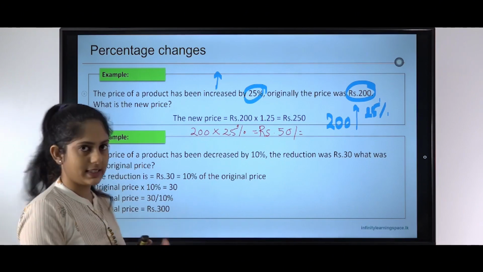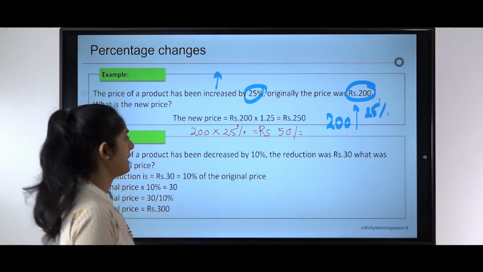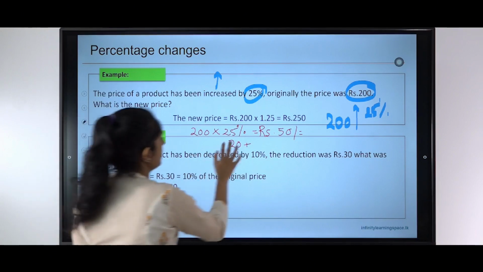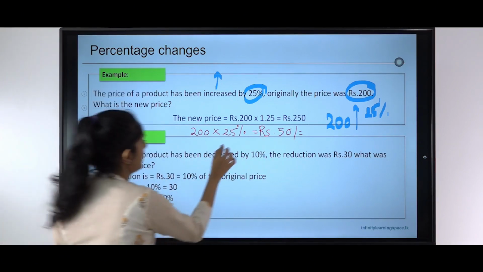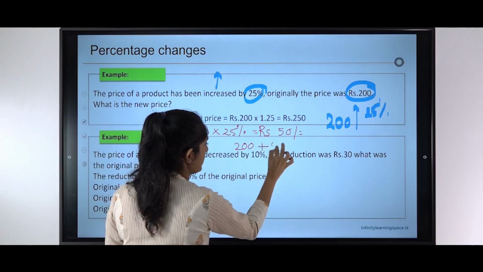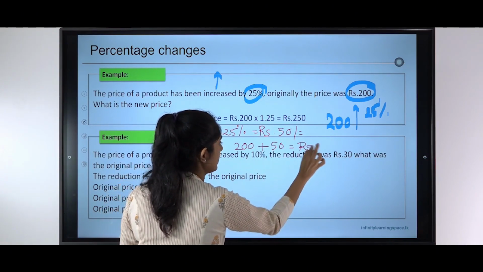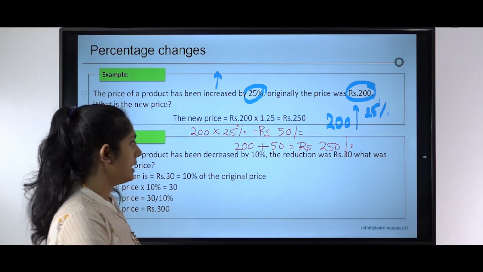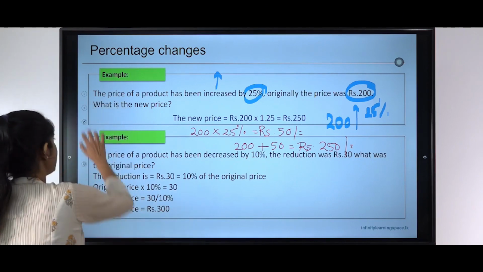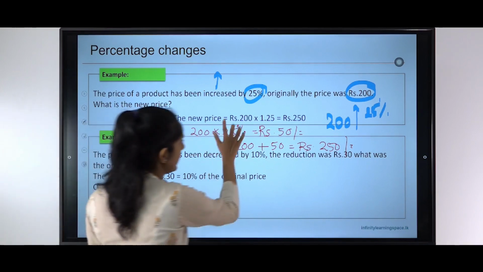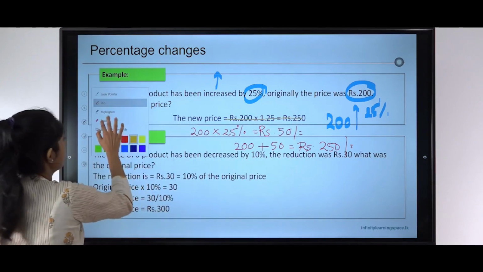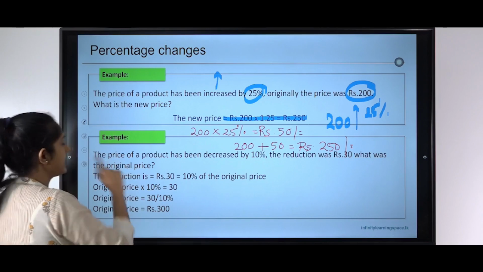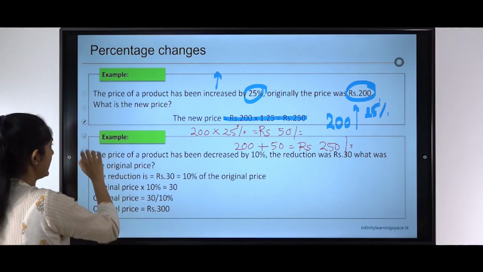Now, what happens is from 200 it has increased by 50. So 200 plus 50 rupees will be 250, right? So this is the actual price after the change. But as an easier method, we can directly say 200 into 1.25, right? How do you get this 200 into 1.25 is basically,